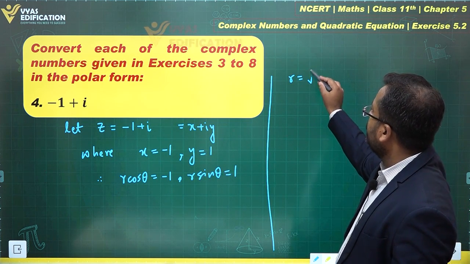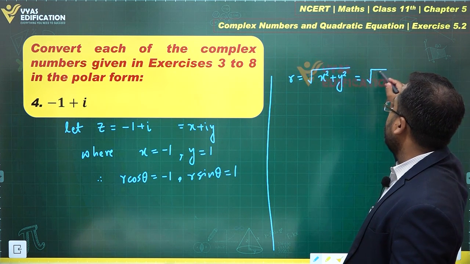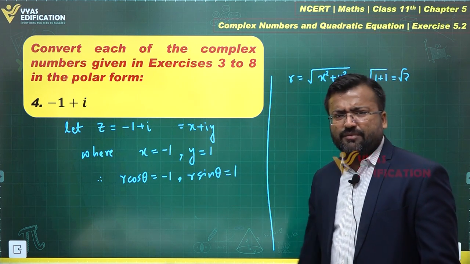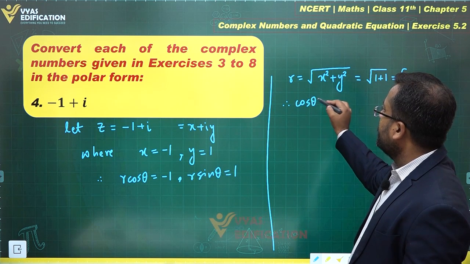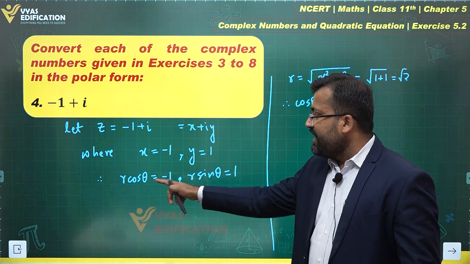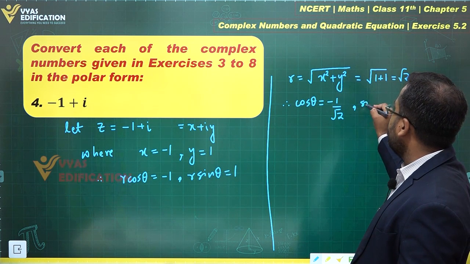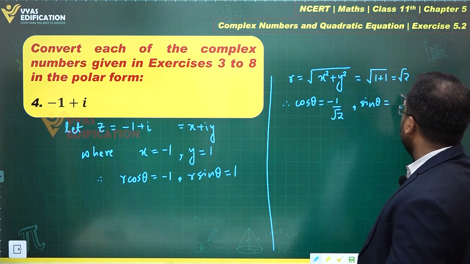R equals square root of x square plus y square, which is square root of 1 plus 1, which is square root of 2. You can clearly observe that, right? Therefore, cos theta becomes equal to what? Cos theta is minus 1 upon r, which is minus 1 by root 2. Sin theta becomes equal to 1 over r, which is 1 over root 2,